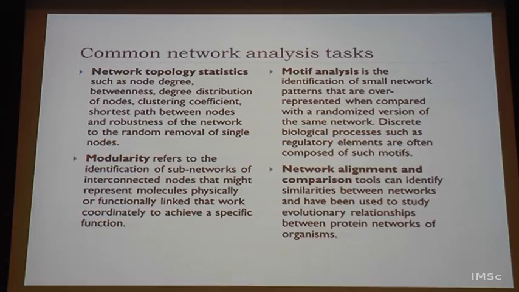Then people look at whether there are modules. For example, is there a city center which is so dense it works like a module, compared to a suburb of a city which is loosely connected? It may be connected through one route or 2 routes, but not too many. So each one comes out as some sort of a cluster of its own, but still connected. You can have modules. Typically a biochemical pathway would turn out to be a module, and the connections between biochemical pathways are the edges between them. There are influences and so on.